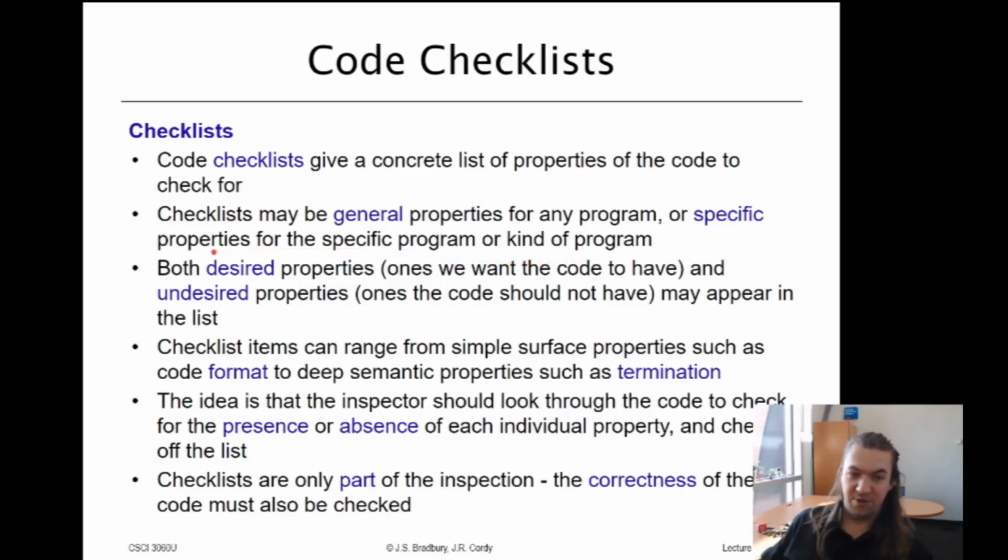So we want to look at desired properties, things we want the code to have. For example, does every method have a header? And undesired properties, no lines of code longer than 80 characters kind of thing. There can be simple ones, such as format, and more complicated ones. Does the code terminate? Can you prove that the code doesn't have infinite loops? Can be tricky. We can't do this for all functions, but at least if you can do it for yours,